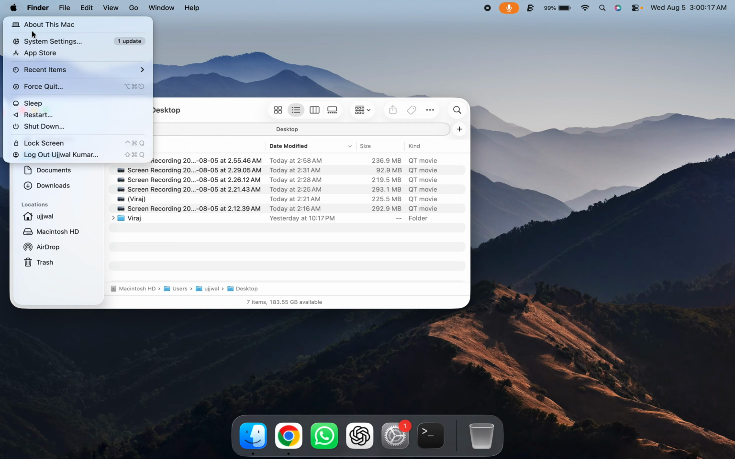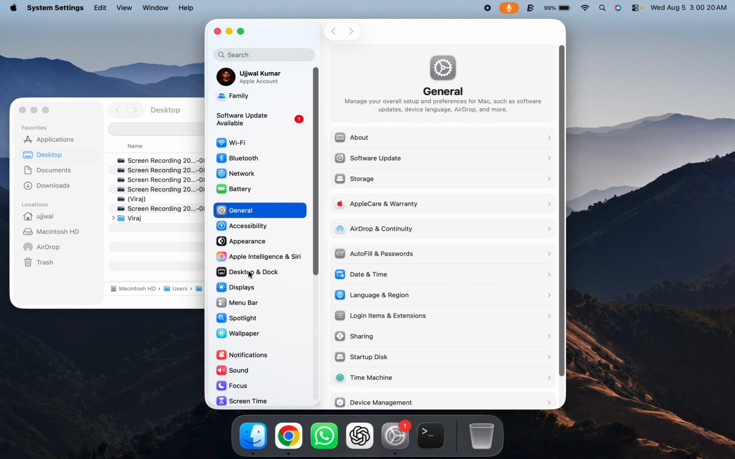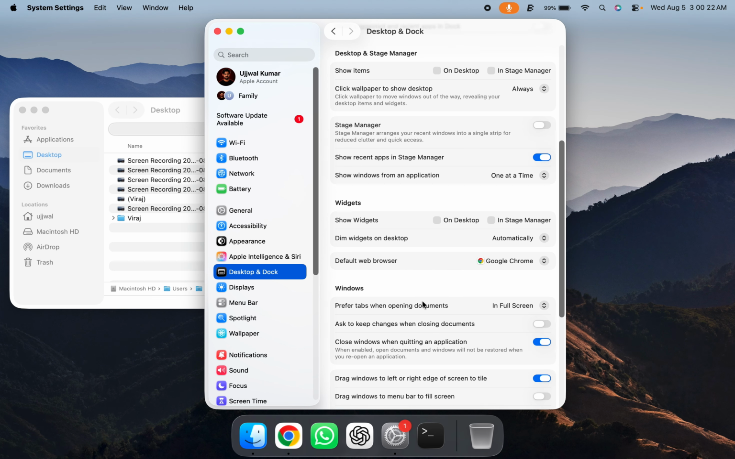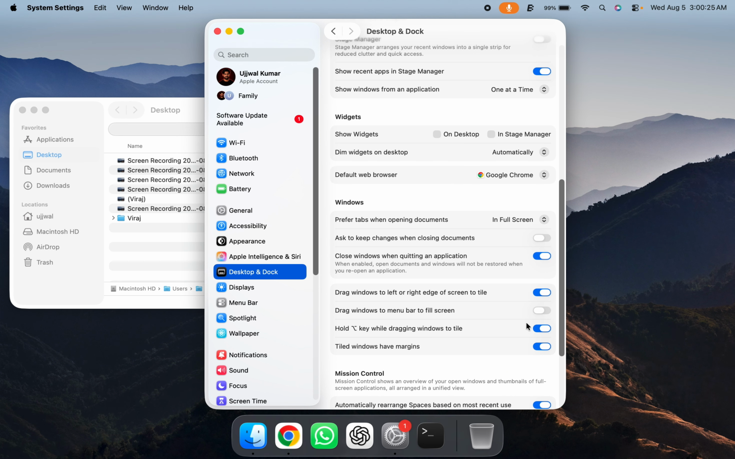click on the Apple logo and choose System Settings. Now in the left side pane, go to Desktop & Dock, and here scroll until you find the Windows section, and finally make sure to enable the toggle for "Hold Option key while dragging windows to tile", and that's all